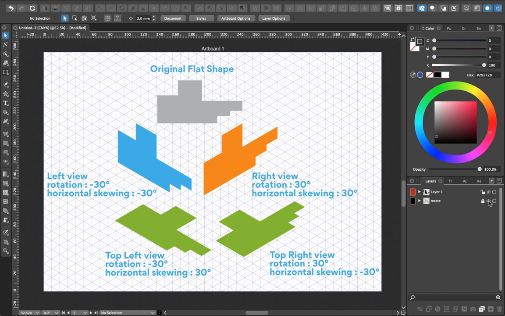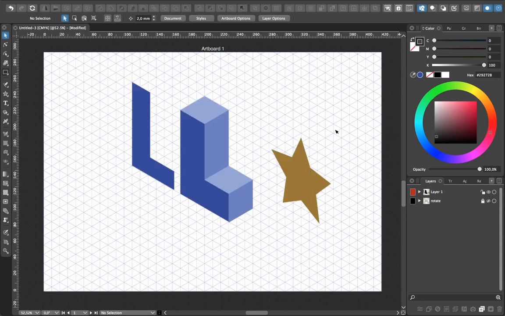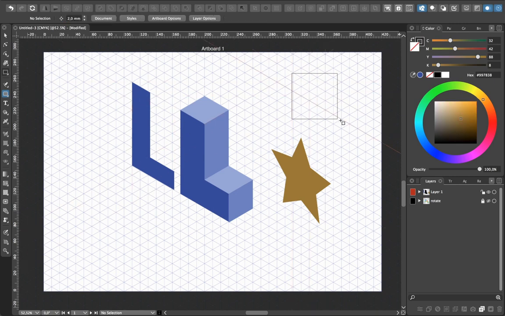So there is one shape which is a little bit specific. It's the circle. When you have a circle and you are inside the isometric grid, it becomes an ellipse. But if you just take a normal circle and you apply the transformation, skewing and rotation, you can have a slight distortion. And it happens in several softwares I have already tried. So for me, the easiest way is something